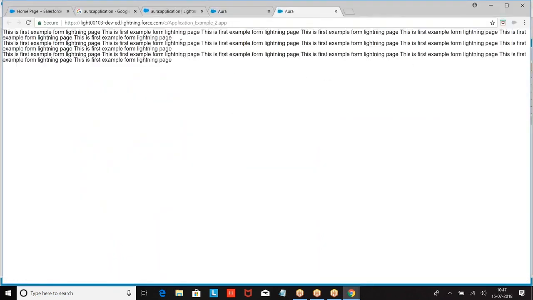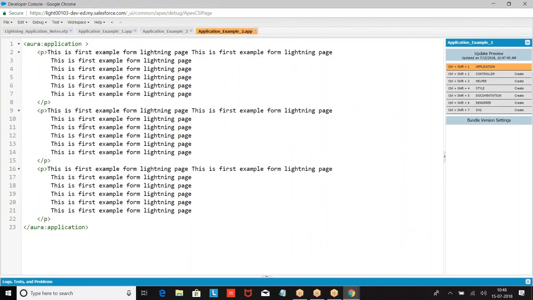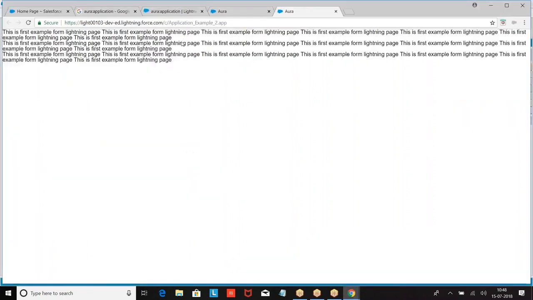Now when you say paragraph, every paragraph starts in a new line. Whenever there is a paragraph, it is going to start in a new line. P stands for paragraph, and the paragraph will start in a new line. The basic elements we are going to use are paragraph, div, and headings. This type of element we'll see quickly. So we have paragraph P. Every time I create a paragraph, it will start in a new line.